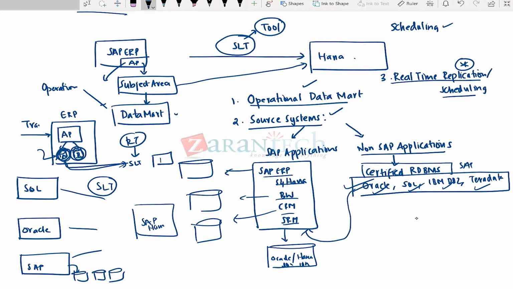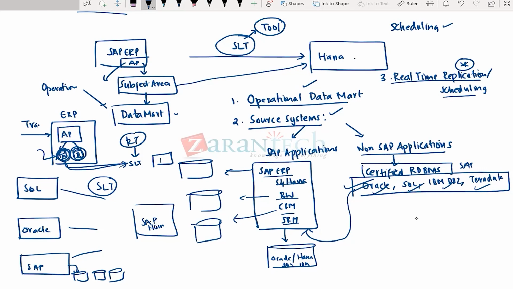Vijaya has a question. Is this same as SDI, SDA, or they are different? I noticed the usage of the term also. Yes. So SDI, SDA is another type of data provisioning technique. I understand where you're coming from, Vijaya. You're probably holding on to the thought of real-time replication. SLT, yes, can perform real-time replication. The major distinction between an SLT and your SDI, SDA, which we will be covering in the later sessions, is